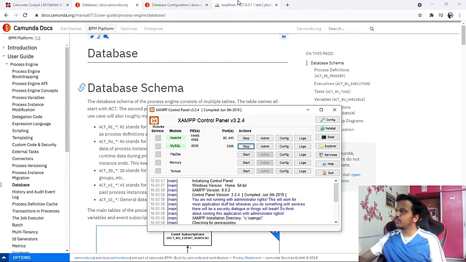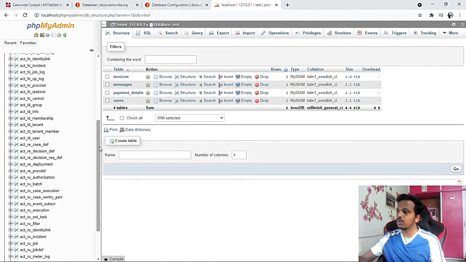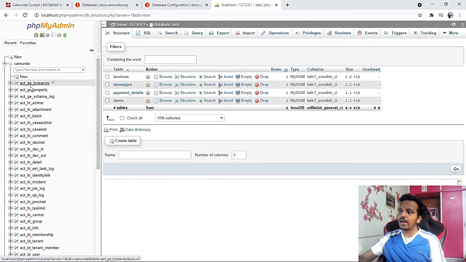So yeah, this is where we want to explore. So here if I see ACT_GE_SCHEMA_LOG. So ACT, forget ACT, every table is having ACT. So next we have GE, which is common for the first three tables. So GE means generic data, general data. Maybe it might be used for some common features or common data across the UI or anywhere, but it is generic data. Next we have HI, which means history.